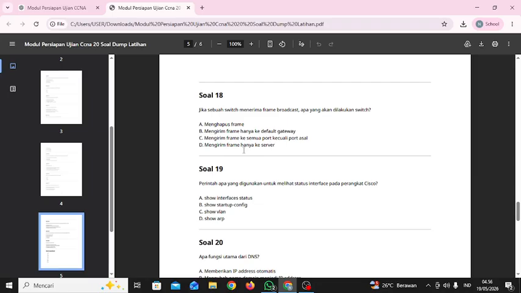What is the correct answer? The correct answer is forward to all ports except the source port. The explanation: broadcast traffic is flooded throughout the VLAN. Examples of broadcast traffic: ARP request, DHCP discover message. The switch sends the frame everywhere except the incoming port. This behavior is why broadcast control is important in large networks. Okay. Next